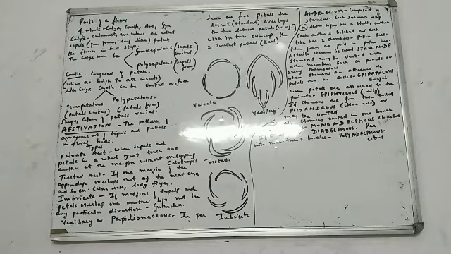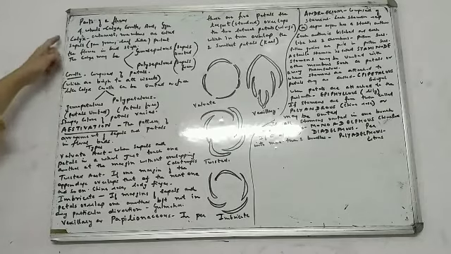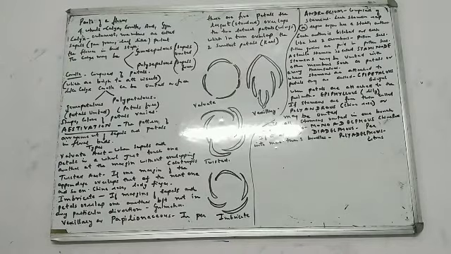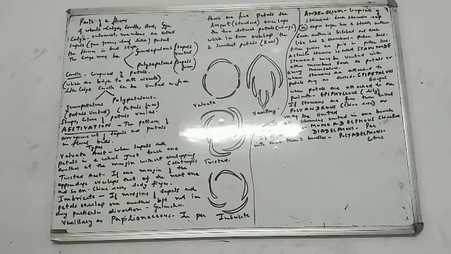Now let's talk about the first one, that is the calyx. This is the outermost whorl of a flower. If I ask which is the outermost whorl of a flower, it is the calyx. Its members are called sepals. That means all sepals together make up what we call calyx, or in simple language, all the sepals combined we call calyx.